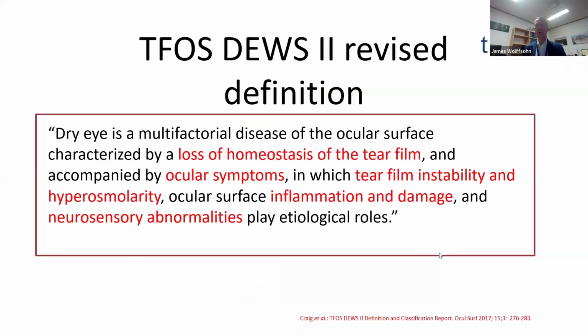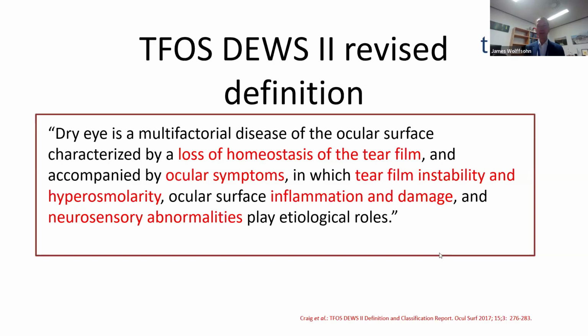So within that report, dry eye was defined as a multifactorial disease of the ocular surface characterized by that loss of homeostasis of the tear film, that balance of the tear film, accompanied by ocular symptoms. So ocular symptoms always need to be there, otherwise it's just the more general term of ocular surface disease. But when you get damage to the tear film and ocular surface and you get ocular symptoms, then it's dry eye if it's caused by tear film instability, hyperosmolarity, inflammation and damage, and the neurosensory abnormalities that play these etiological